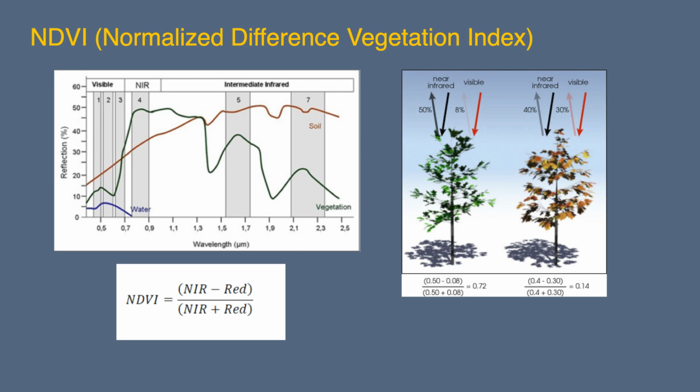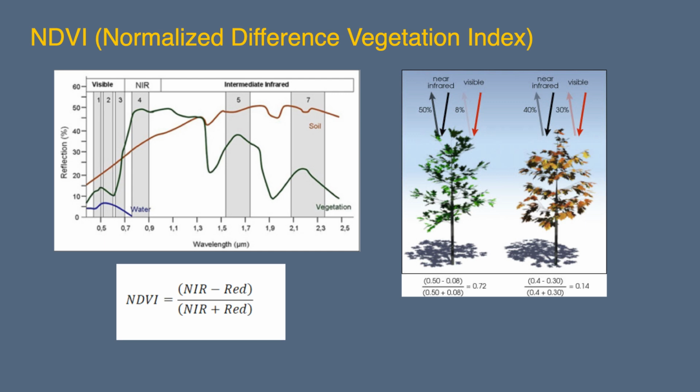This behavior forms the basis of vegetation indices, such as the normalized difference vegetation index, NDVI, which is designed to monitor vegetation changes over large areas and assess the effects of drought and other natural phenomena. NDVI is calculated using the difference between reflected infrared and red radiation, normalized to indicate the vegetation health across landscapes. The higher the NDVI value, the healthier the vegetation.